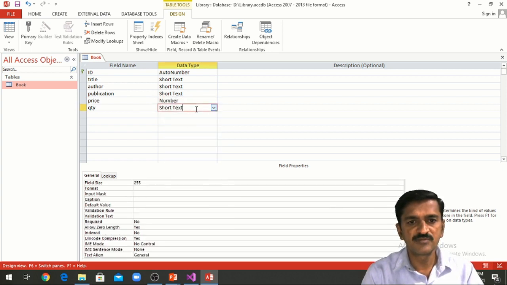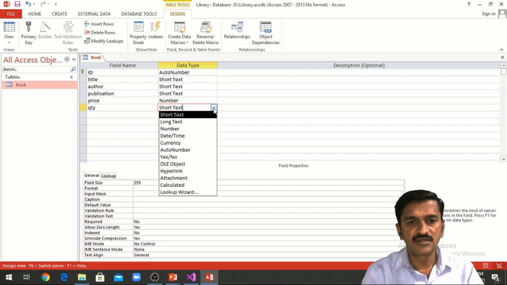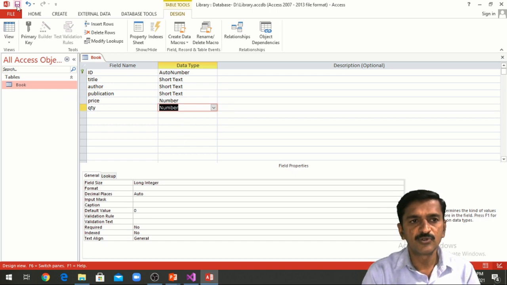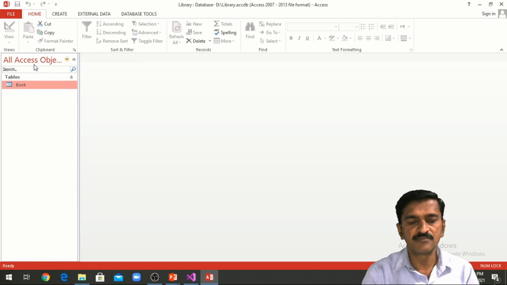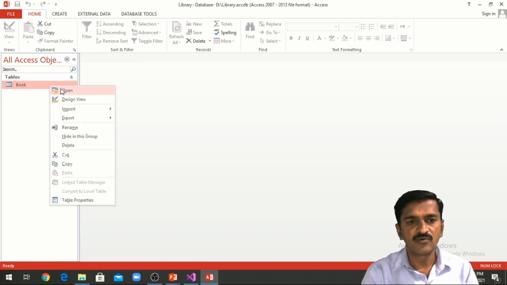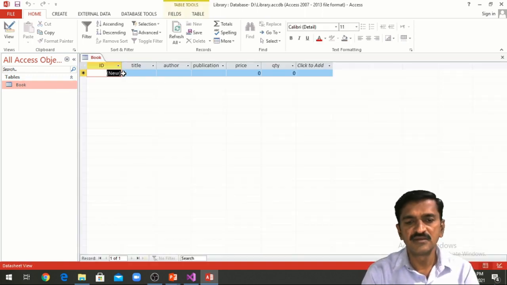Here I am specifying the data type of the price and quantity columns as number. After that I am going to click on save, and I am going to close the table. If I open the table, I can get the view like this. So we are going to insert some records into this table from our C# application.